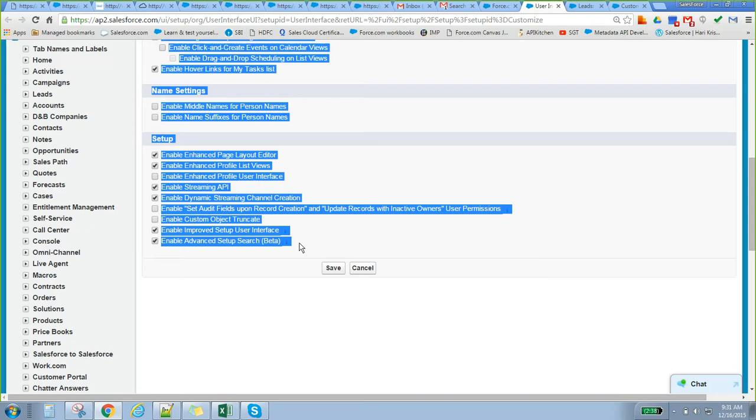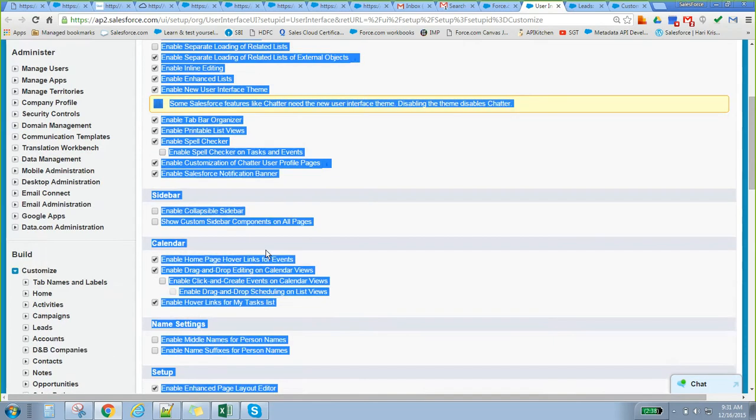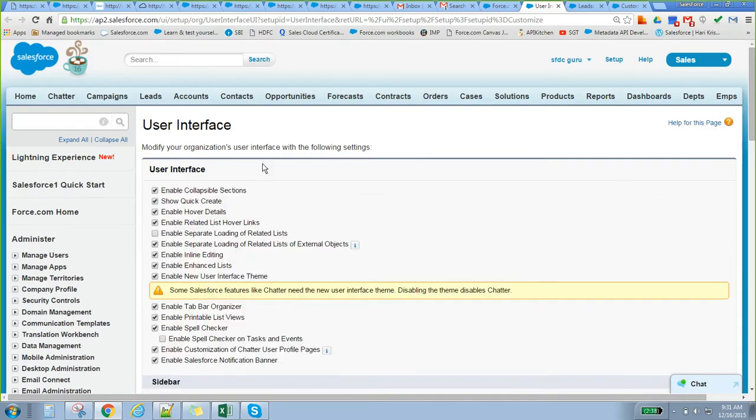Whenever we are enabling and disabling, those settings will be affected for the user.